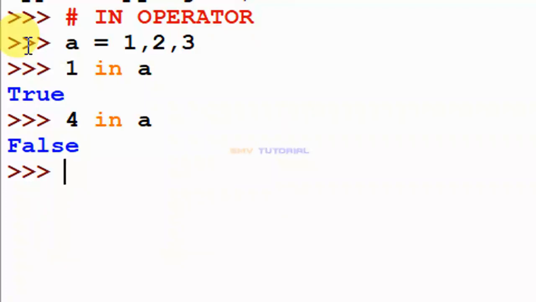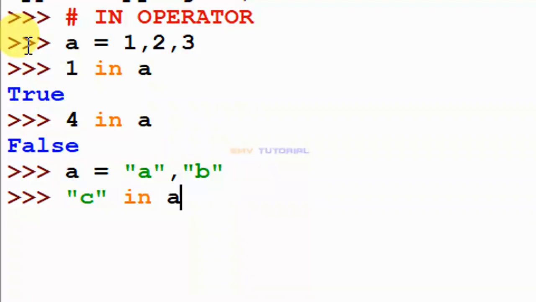And next a string example. I create A is equal to "AB". I check this condition. For strings we mostly use double quotes. "C" in A, this condition is false.